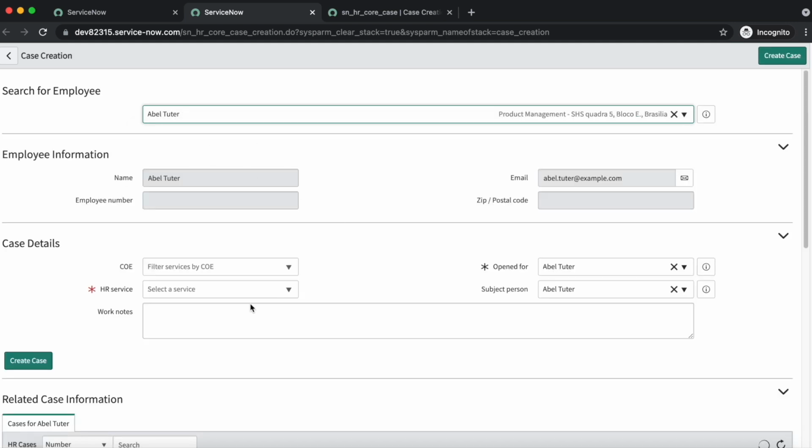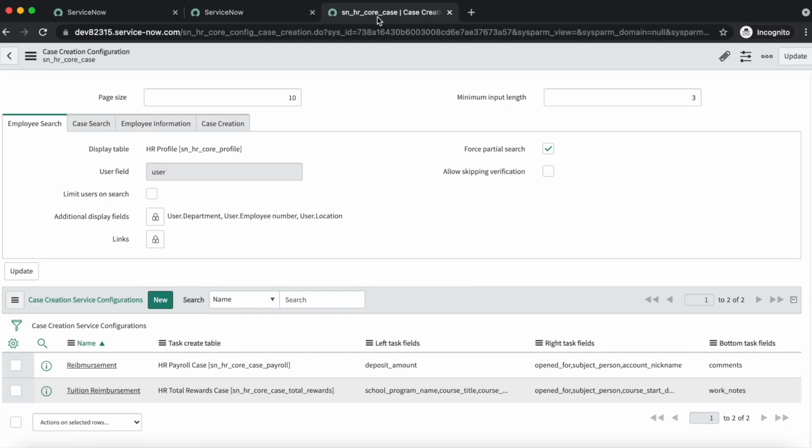Then I will get the button create case. But if you want an HR case to be created without providing an employee name or maybe a case number, then you can go with allow skipping verification.